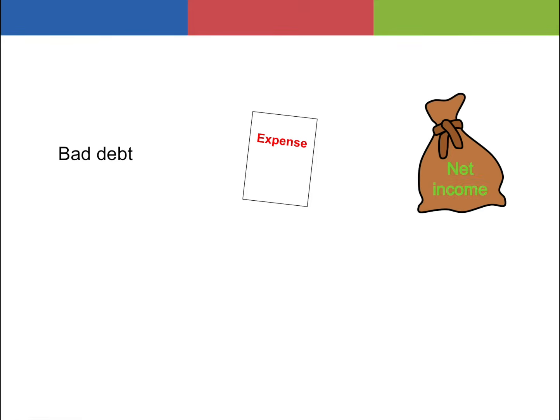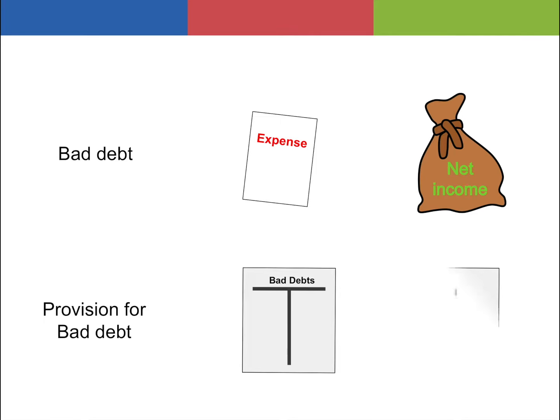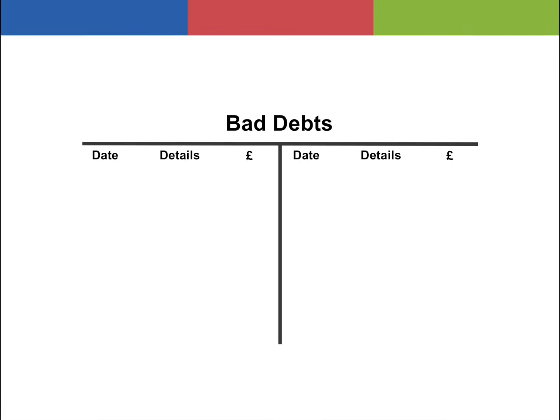Firstly, it was briefly mentioned in both the previous videos how bad debts and its provision is treated in the accounts. A bad debt is recorded in the accounts as an expense on the balance sheet and reduces the net income, whereas the provision is recorded in a bad debt expense account and the provision for bad debts account. For the £5,000 of bad debts, we would enter the details on the debit side of the bad debt expenses T account. Let's assume that the transaction took place on the 30th of November 2017, which can be shown as